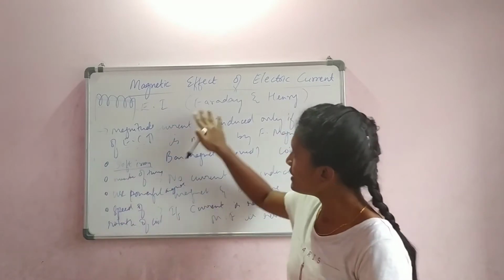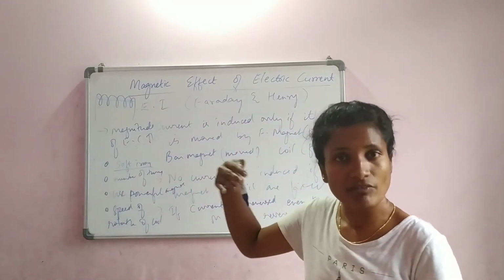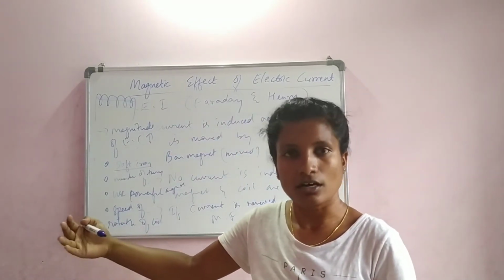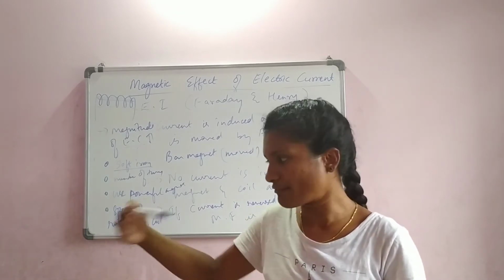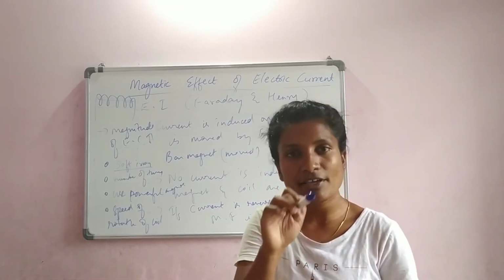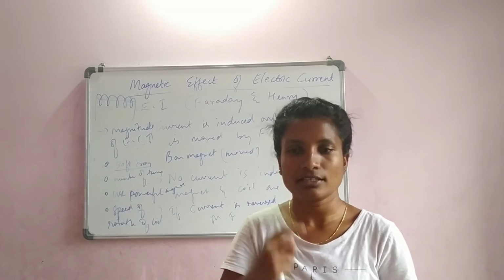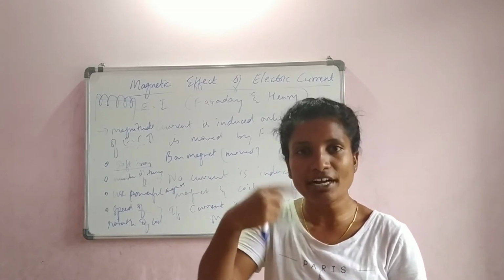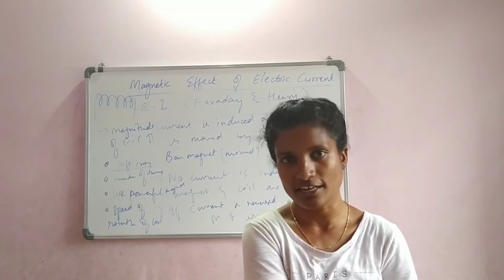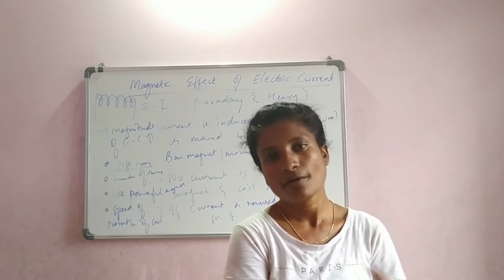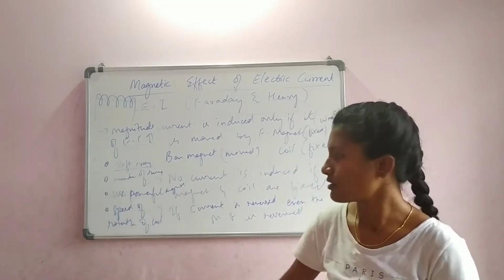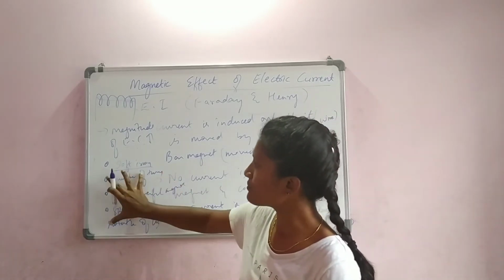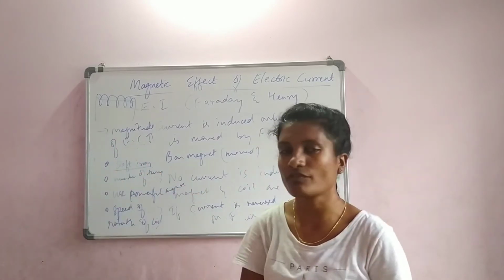Similarly, in the electromagnetic induction topic, after some time we will be using a coil, the ABCD coil. That coil will be rotating. The more it rotates, the more electricity is generated. The lesser it rotates, the less electricity is generated. So these are the 4 points needed to increase the magnitude of electric current.